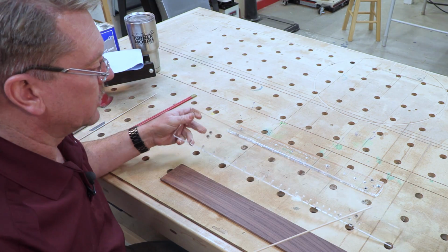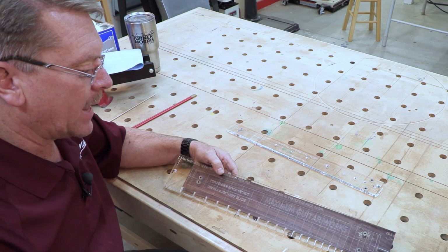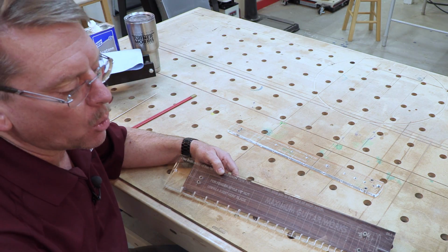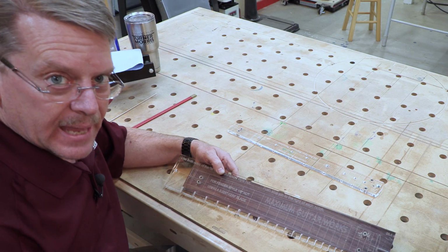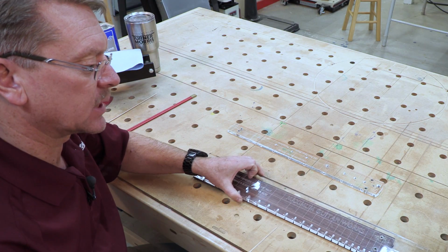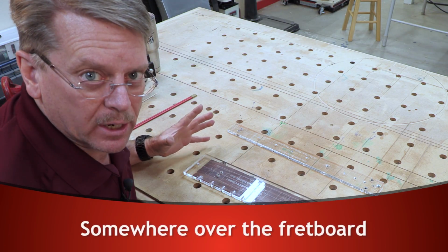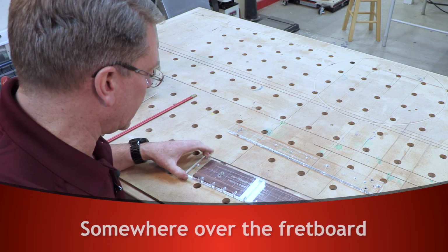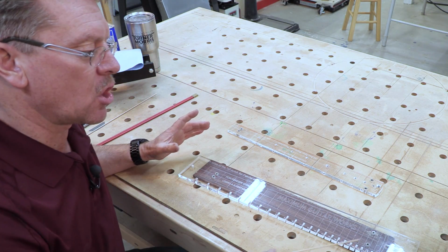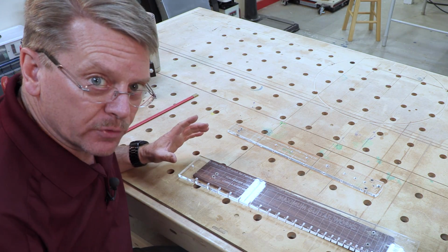I took the template of the fret slot cutting apparatus, and I combined it with the lines from that jig and my alignment points in those 4 different places. Now, what I can do with no center line whatsoever drawn on this fretboard, I can take some double stick tape and I can just align it so that the outline of the fretboard fits somewhere on this template. It doesn't even have to be square. I could have it positioned like this. And as long as the shape of my fretboard for this particular guitar is seen over top of the wood,